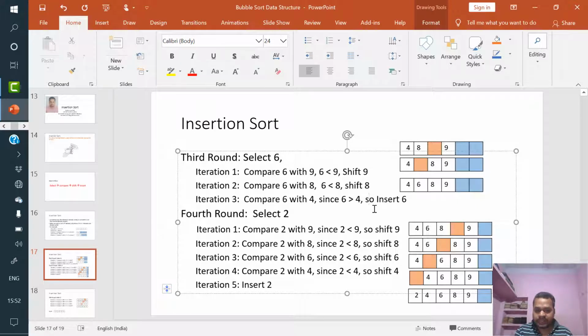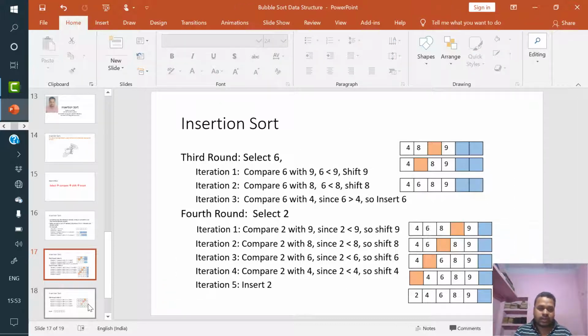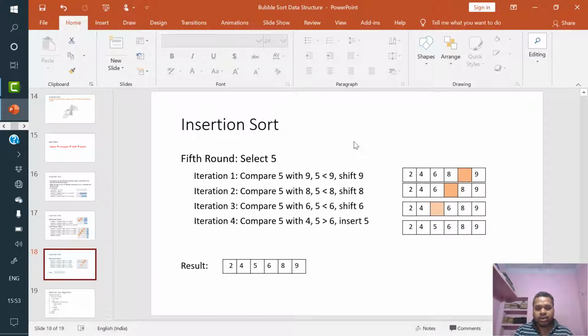Since 2 is less than 6, we shift 6. In iteration 4 we compare 2 with 4. Since 2 is less than 4, we shift 4. And in iteration 5, since there are no more elements and we are at index 0, we insert 2 at the appropriate position, index 0.